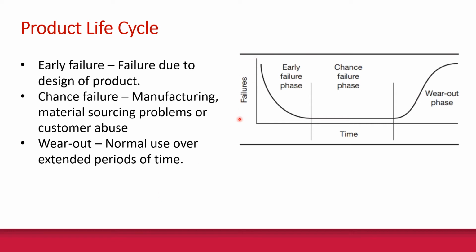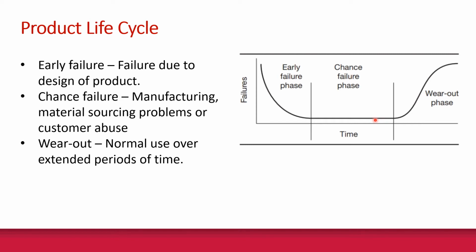So early on, when products are manufactured, you tend to have a lot of failures really early on, basically just due to design problems. The products aren't exactly designed correctly. There are flaws in design, so you get a lot of early failures when you're initially developing a product. And then, as you improve the product, the failures decrease, and you reach this flat area in the middle, which is really the longest period of time when the product is actually operating under its specified